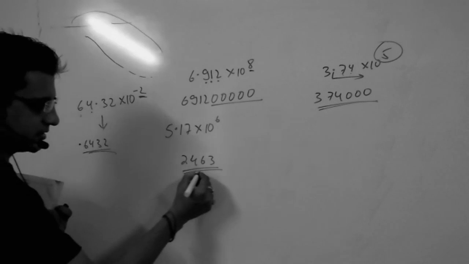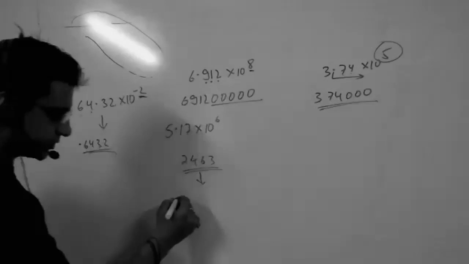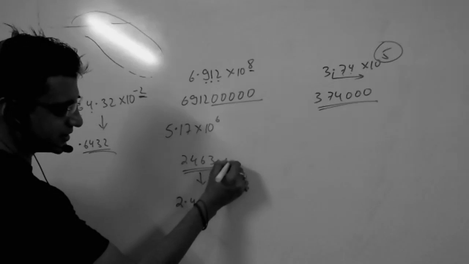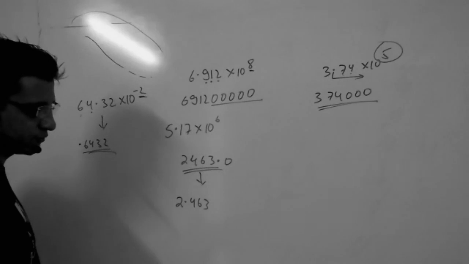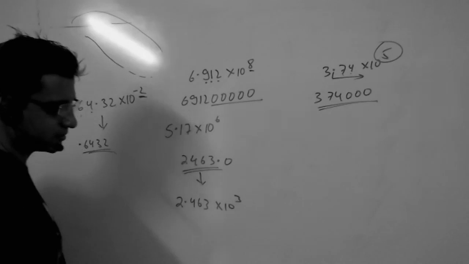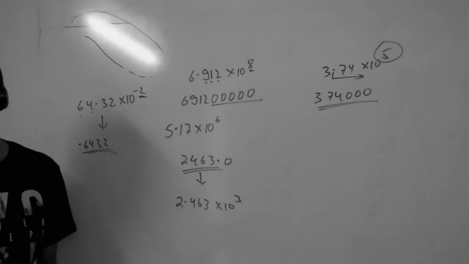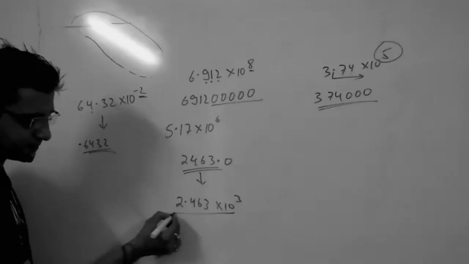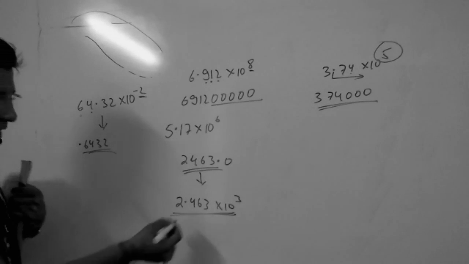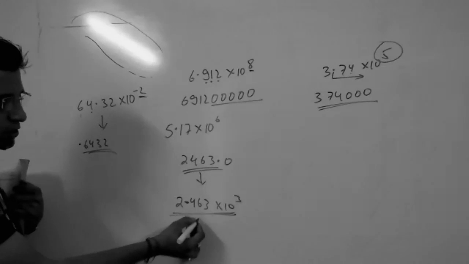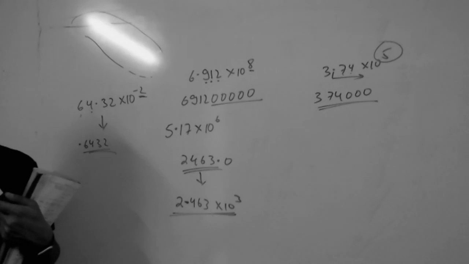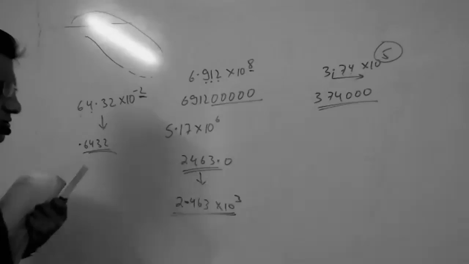See here, this question, how you have to put it in standard form: first you have to write 2.463. This means the decimal is here, correct? So how many places has it moved left hand side? It has moved 3 steps left hand side. So into 10 to the power 3. After making this in standard form, you put it in usual form and see whether your answer is correct or not. So it comes 2463. Correct.